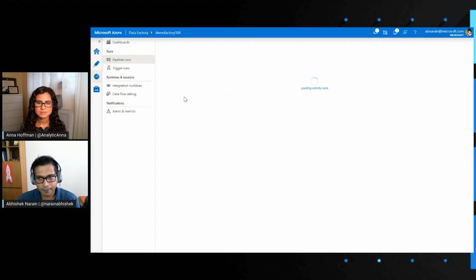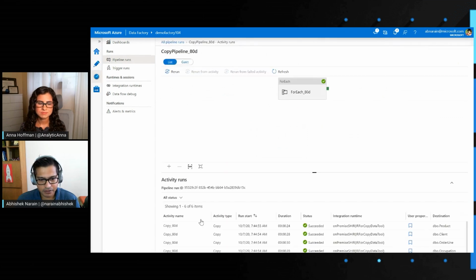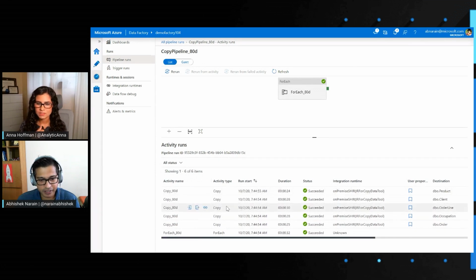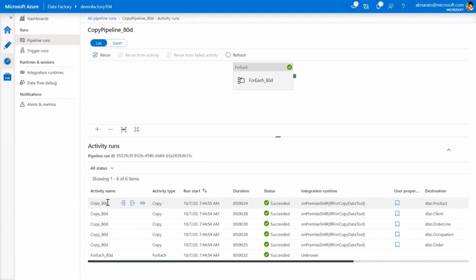Click on it, and it's going to show you the detailed status. So you will see this time around that it does create multiple copy jobs because we selected 5 tables. But in reality, you didn't have to create and configure each of these copy jobs. So you saved a lot of time, especially when you're copying data from, let's say, 100 different tables.